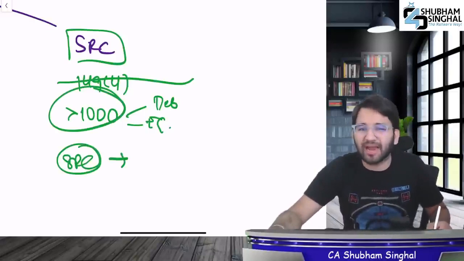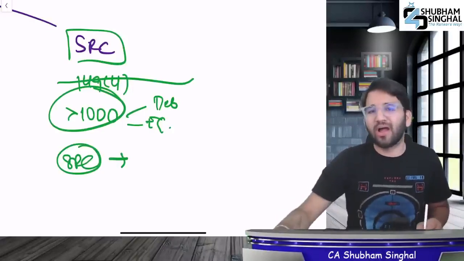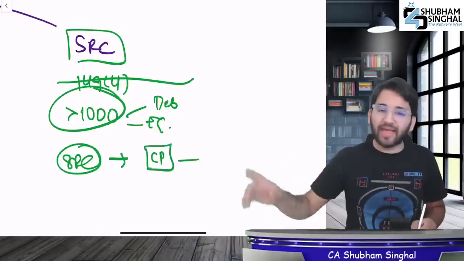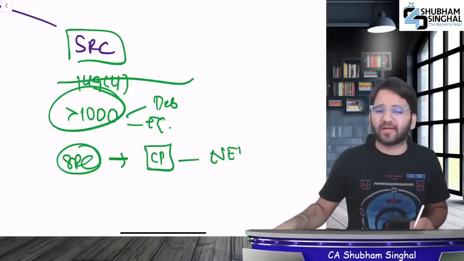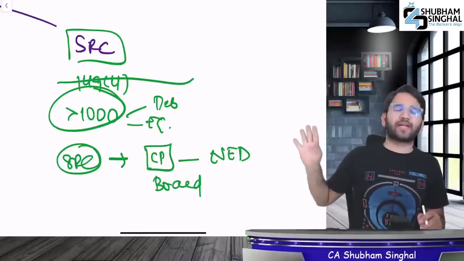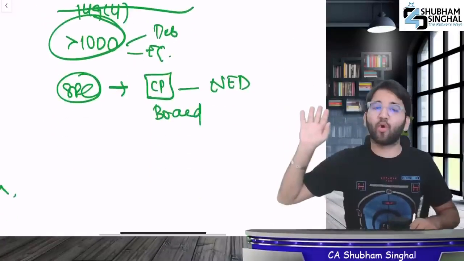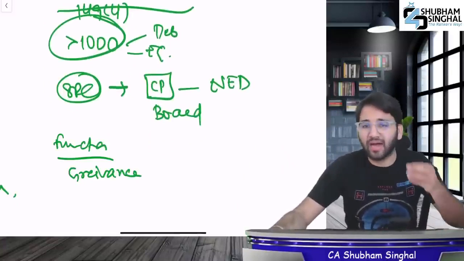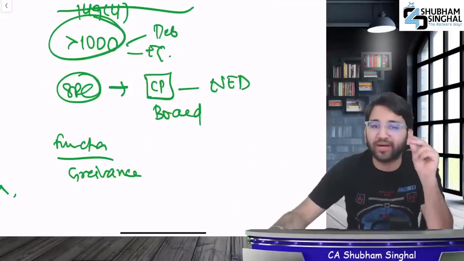If the SRC provision is applicable, what will be the composition? There's not much needed in this case. Just the chairperson of the SRC needs to be one of the non-executive directors. The rest is decided by the board. The head has to be kept as a non-executive director. The board will decide the rest. What will be their function? Their function will be to address the grievances of the investors. If any investor has complained, they have to address it.